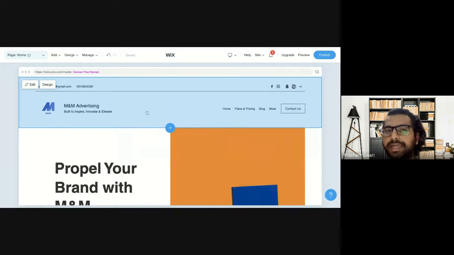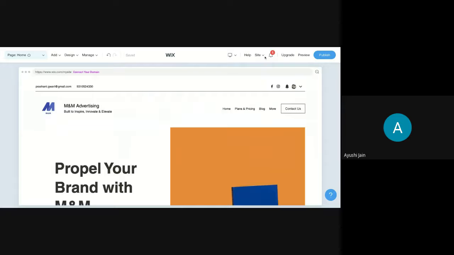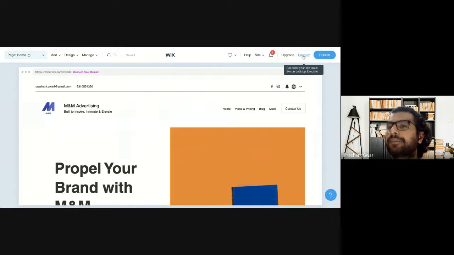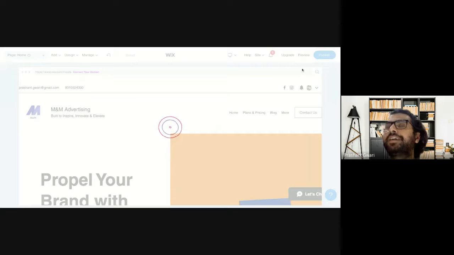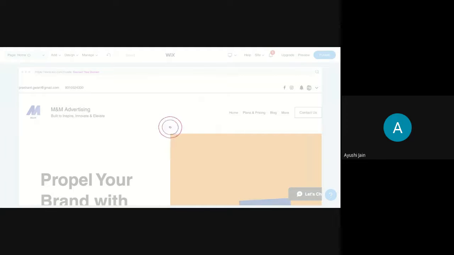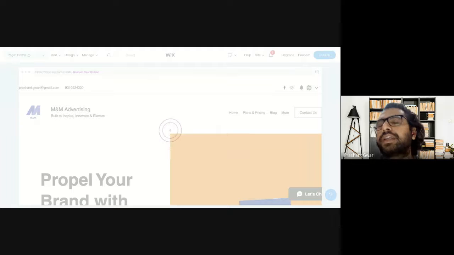After doing that, you have the option to first check the preview of how your website will appear. So you will click here before publishing, and check the preview of how your website is appearing on different devices. In the last recent lecture, I told you one thing, that you need to create a responsive website. And what is a responsive website? A responsive website is a website which automatically adjusts itself on different screen sizes.